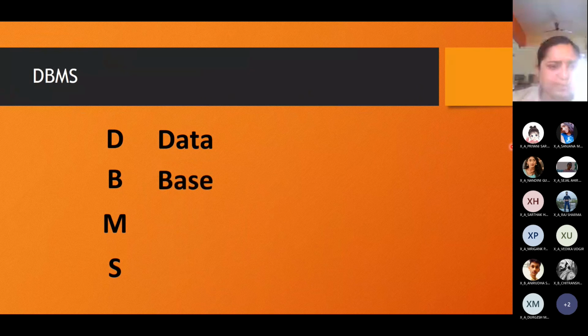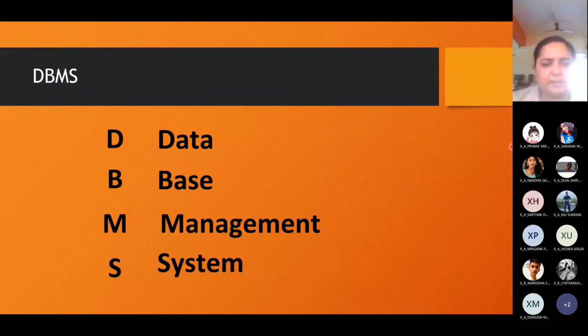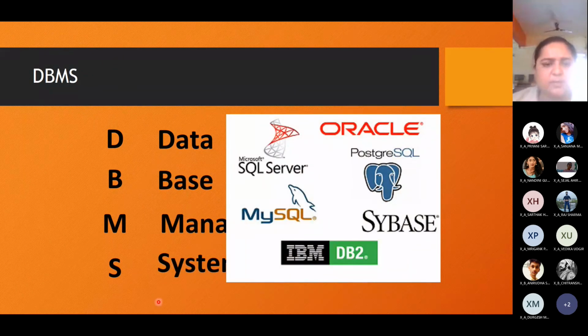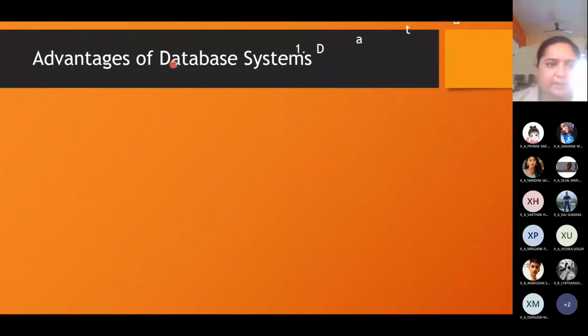It is database management system. And these are some of the database management system software, which you can see: Microsoft SQL Server, MySQL, Oracle, PostgreSQL, Sybase, IBM DB2. These are some of the examples of various types of software which are available for handling your databases, and that is known as DBMS. And you are going to learn LibreOffice Base or OpenOffice Base and MS Access, right?